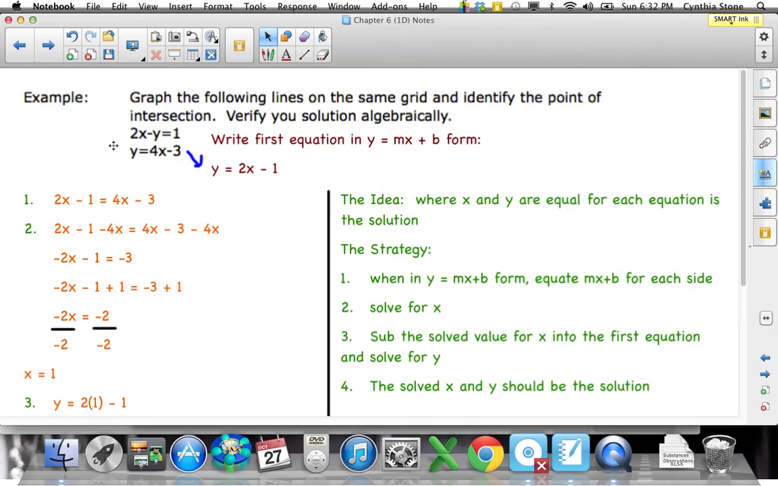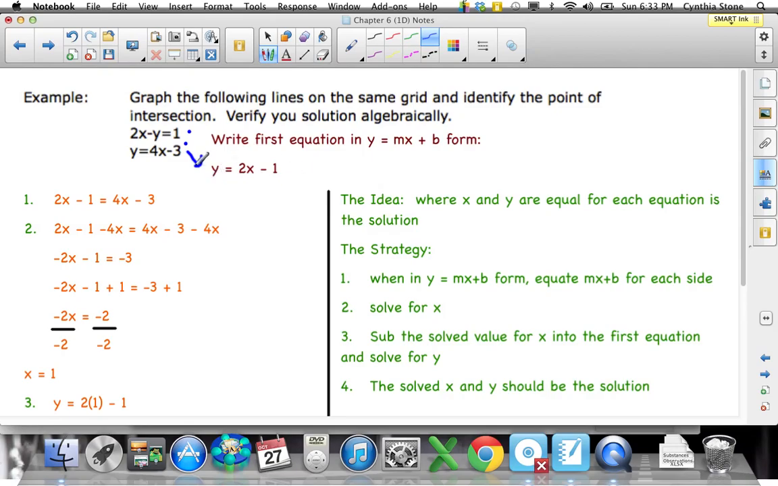Anyway, say you have the two lines listed here. Here's the first, here's the second, and I want to graph them, and then identify the point of intersection, and then verify it algebraically. So basically I have to do it with algebra, and I have to do it with the graph. The first thing I'm going to do, though, is that I can't graph this, so